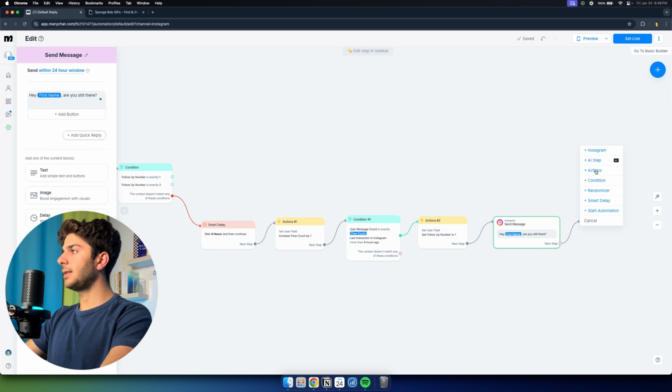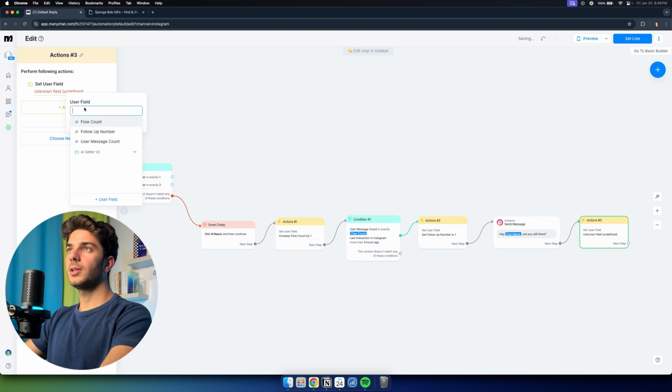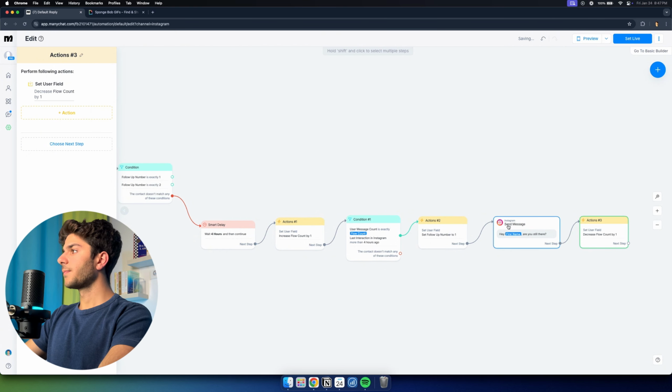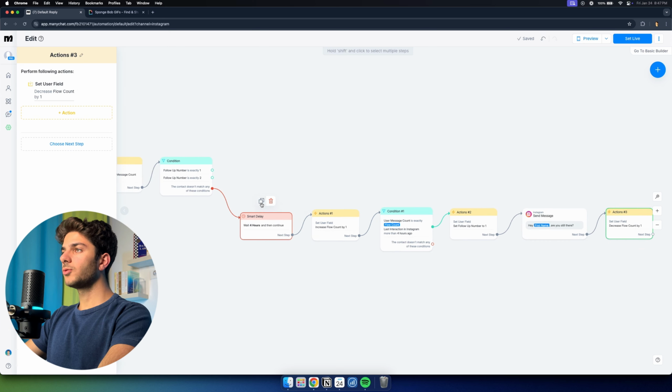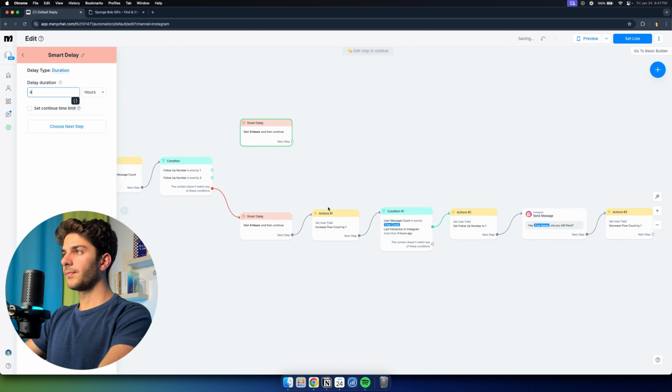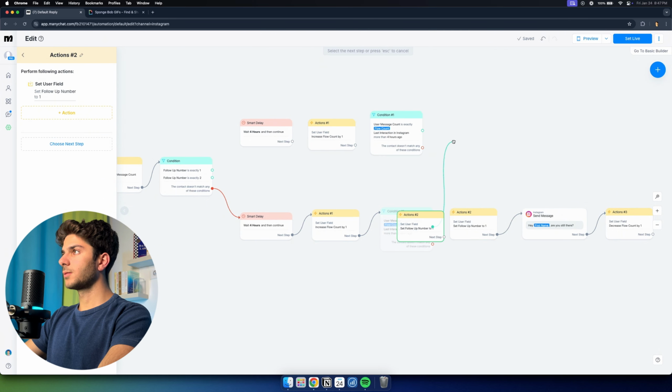Now I'm gonna add an action here as part of the logic, and this action is gonna be to reduce the actual flow count here, so decrease the number by 1. All right, so now that we have this first part of the automation, what we're gonna do is duplicate the delay, and this as well, and this, and this,